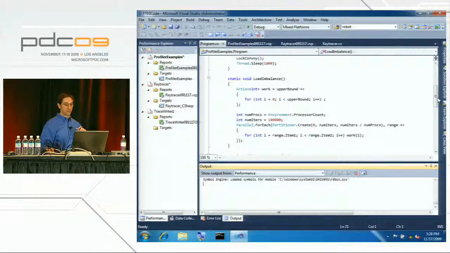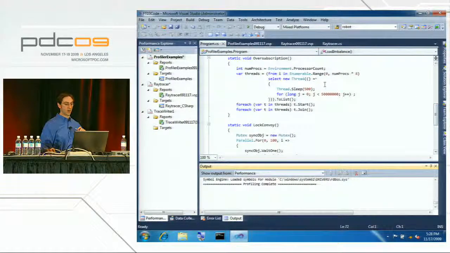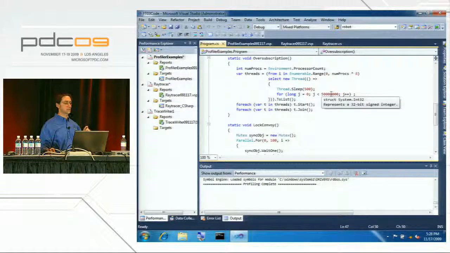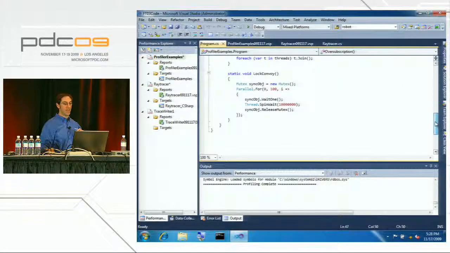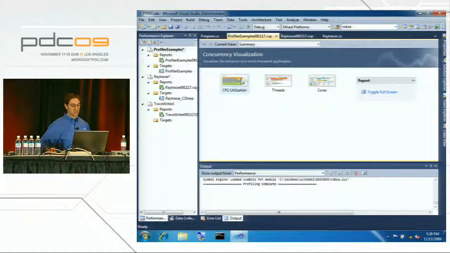I've got my oversubscription, where I'm creating a whole bunch of threads that are doing a lot of CPU-bound work, way more than I should really have. And I've got a lock convoy, which is a parallel for, just continually synchronizing on a mutex. And if I go back and look at this in the profiler